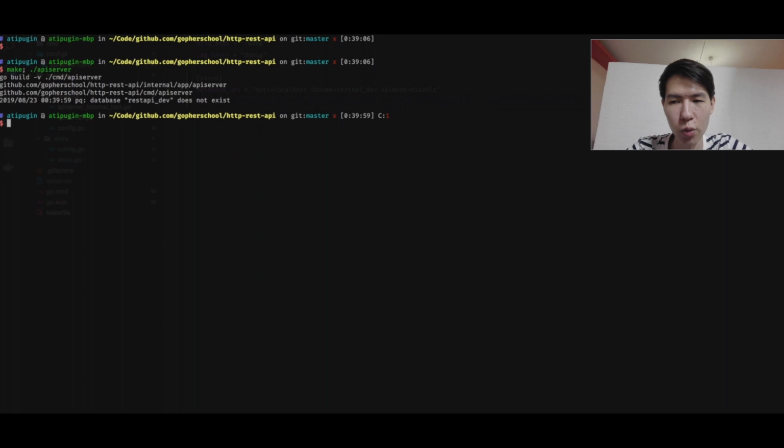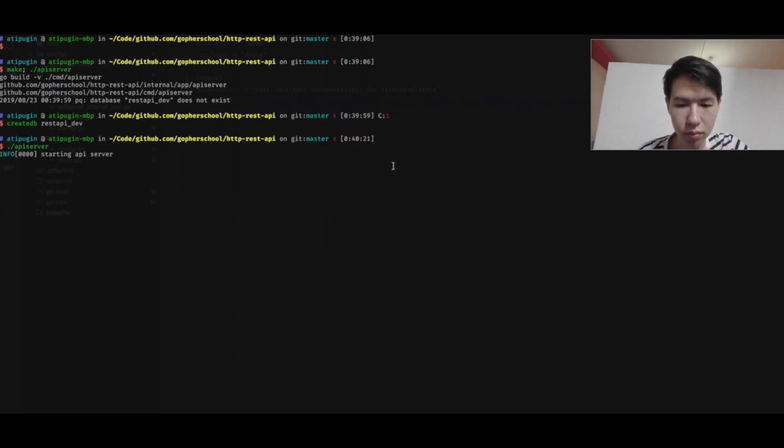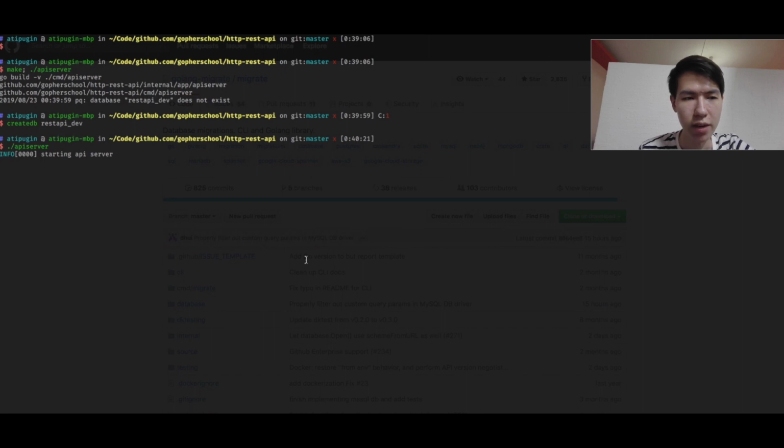However, with the right command, which is called create DB, we have created our database which is called REST API dev, and after that we started our API server. After allowing it, and after starting the API server, we used the command migrate in order to ensure